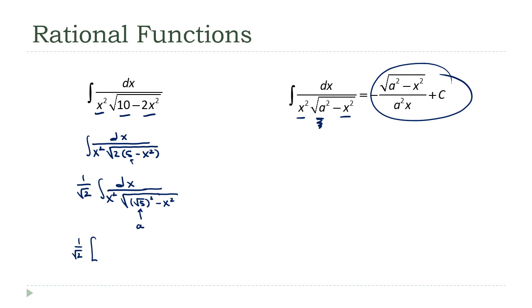And just to make this go a little quicker, since a is the square root of 5, a squared is just 5. So this is going to be, well, don't lose that negative sign. Let's put the negative out in front here. Negative square root of 5 minus x squared over 5x plus c. And I really can't clean this up, right? Let's distribute the one over the square root of 2 in here. This is negative square root of 5 minus x squared over 5 square roots of 2x plus,